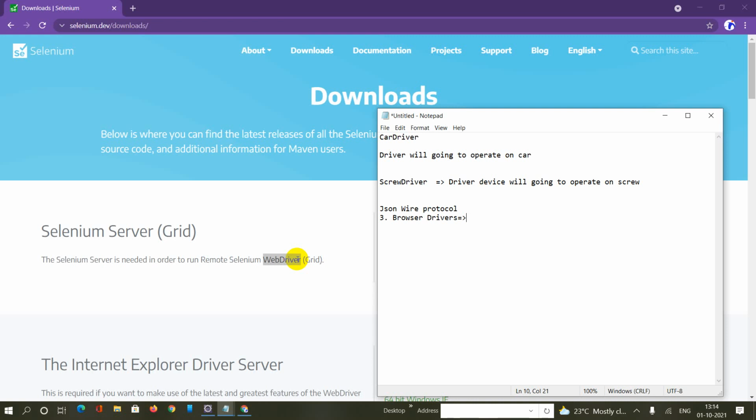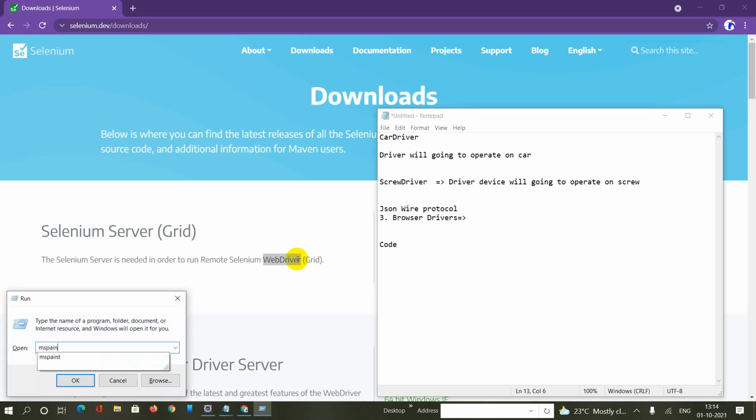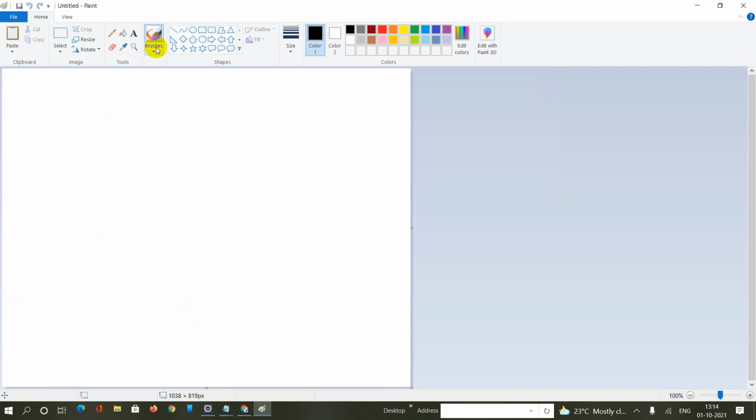So how does Selenium WebDriver work exactly? When a user writes WebDriver code in Selenium and executes it, what is going to happen over here? Let's draw one diagram. You can see over here, this is the client and this is my browser.